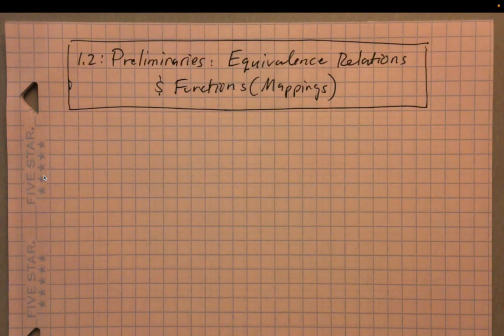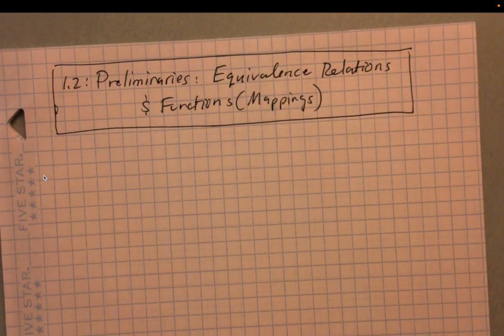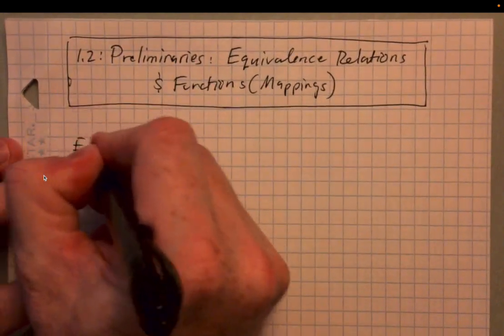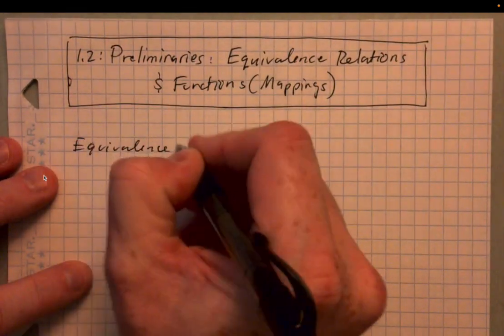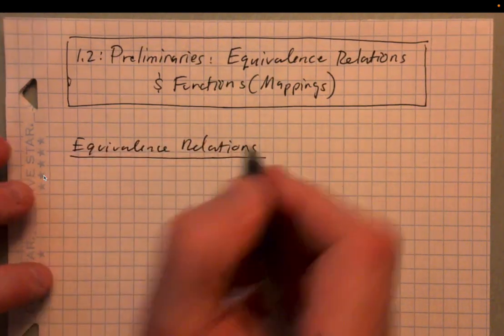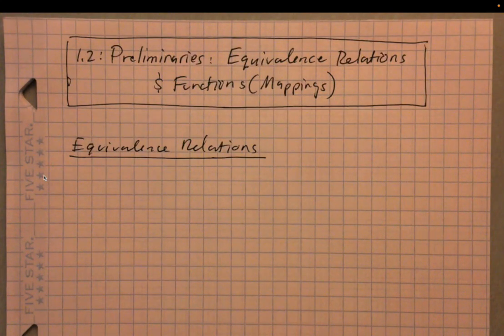So let's start with equivalence relations. Let me write this, equivalence relations. So things that are considered different in one context may be equivalent in another context. This is part of the idea behind equivalence relations. So sometimes things look different, but given the context, they may be the same or equivalent. So simple example,